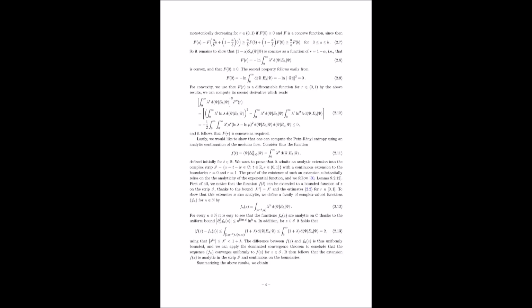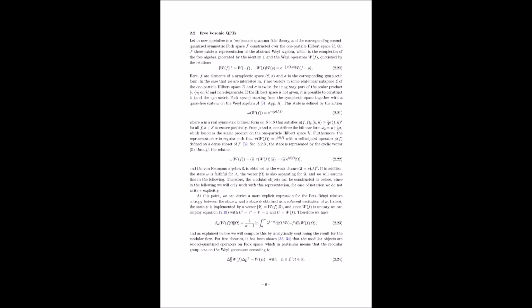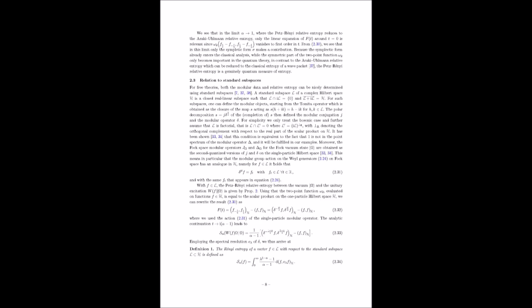They go on to prove various properties about these operators and the Petz-Rényi relative entropy itself. Absolutely. They establish some key properties, things like non-negativity, monotonicity, and the fact that a certain spectral integral, which is important for defining the entropy, remains bounded. So they're essentially making sure our mathematical tools are behaving properly, giving us sensible results, right? Exactly. They're establishing the mathematical groundwork, ensuring that everything is logically sound and consistent. And once they've laid that groundwork, they dive into a specific example, a free scalar field, in a region of spacetime called a Minkowski wedge.